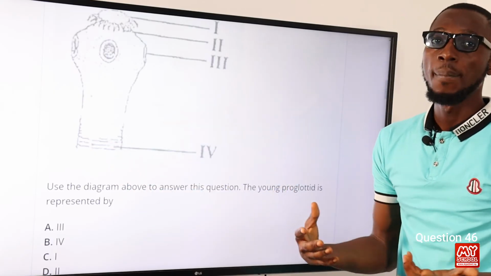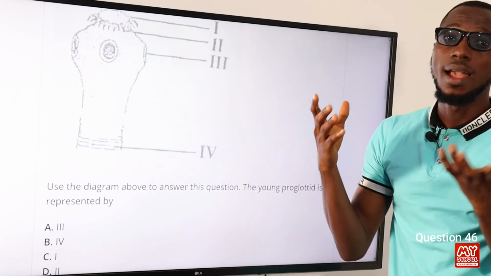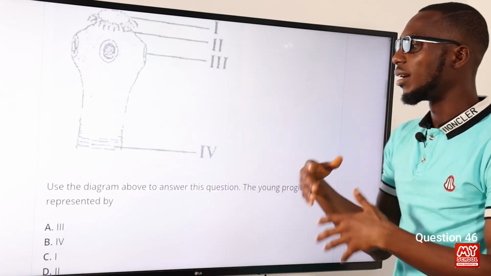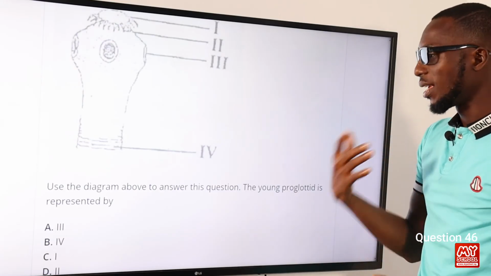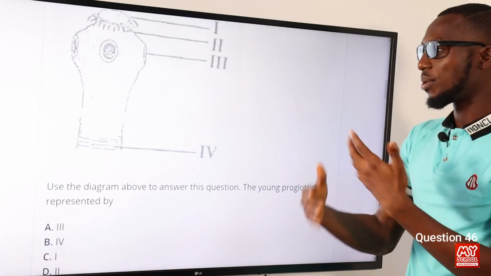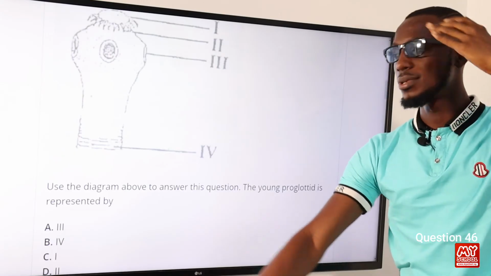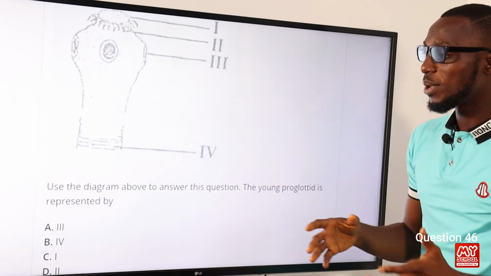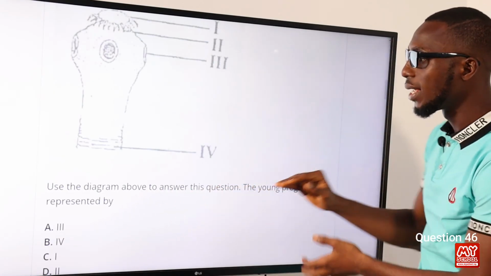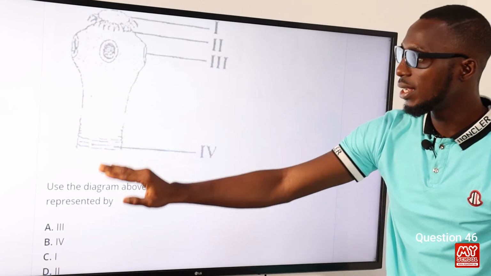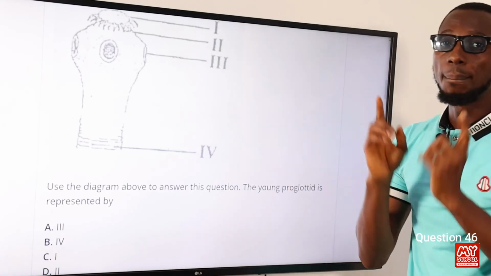So if it gets older, all right, so you should know that the tapeworm, this is the tapeworm, of course, it's a hermaphrodite, all right. So the proglotid is going to house the testes and the ovaries. So the more mature it gets, the other ones you find them down. The proglotids, you know, are arranged in long rows. All right. So the correct option we are looking for is option B, IV. So use the diagram to answer this question. The young proglotid is represented here, IV. So the lower you go, the older the proglotids are. So you have your option B once again.